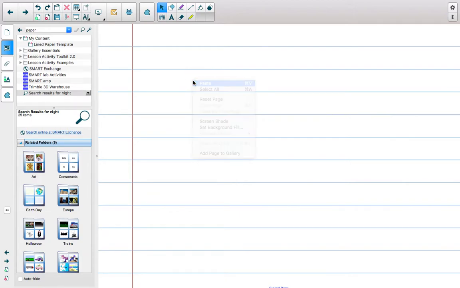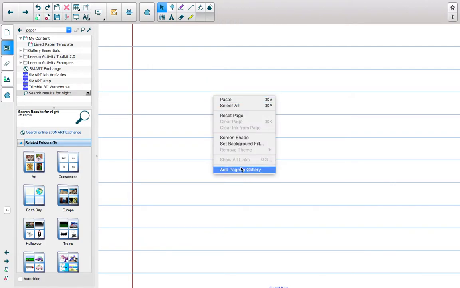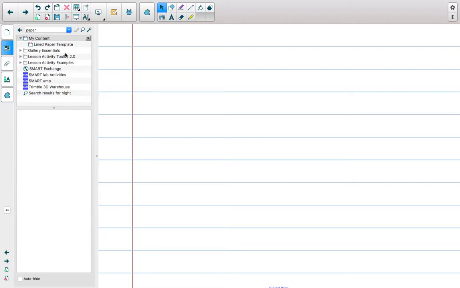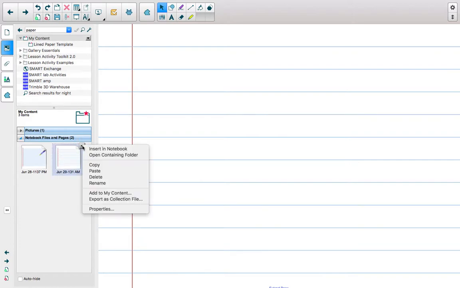For me on my Mac, I double click. Accidentally inserted an emoji. I copied and pasted. I'm going to add page to gallery. So now it's in my gallery, right here. So let's say I want to